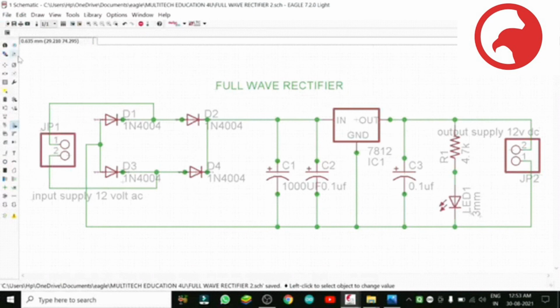Now it is being saved, and then being ready to move to the board file.